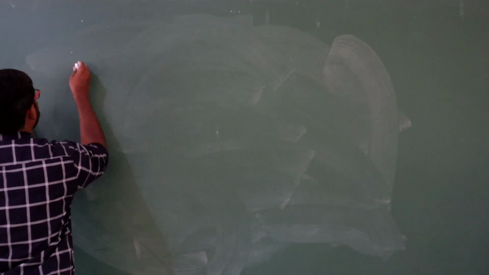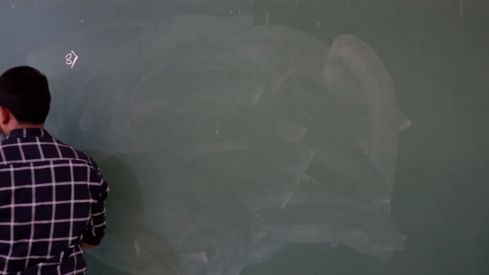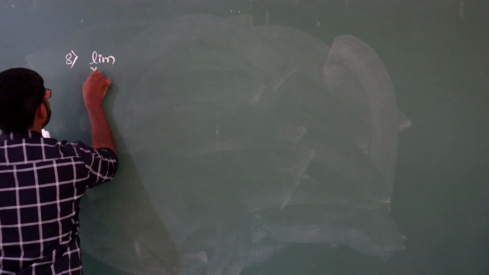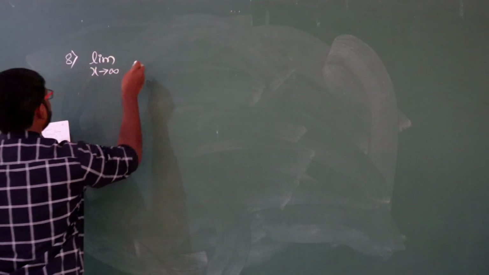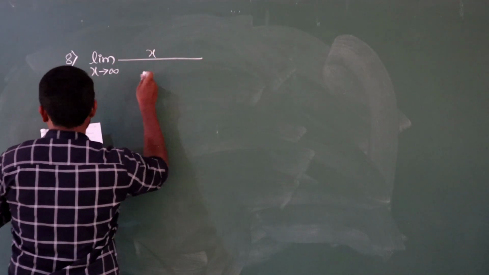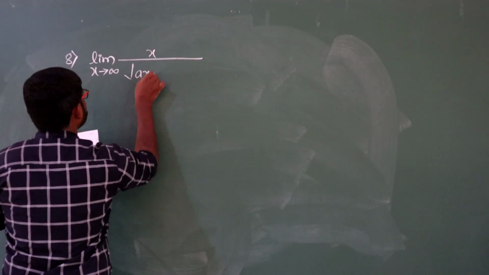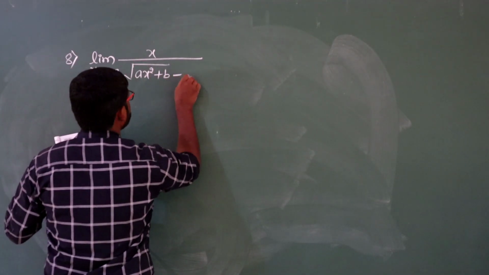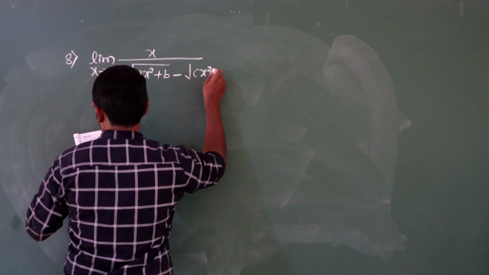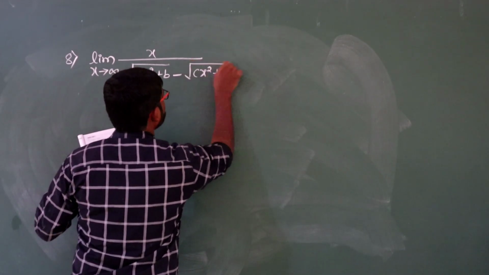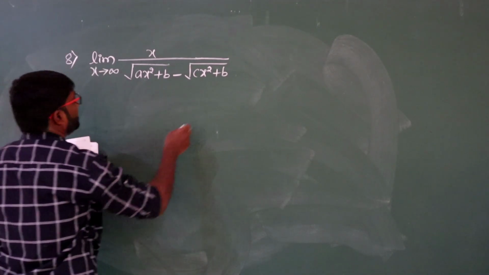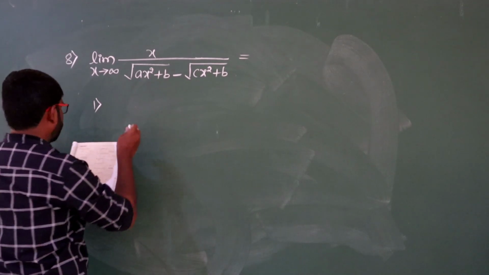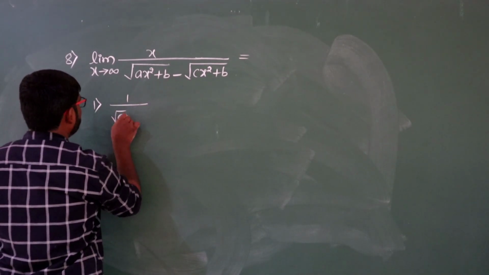Well, question number 8. Limit x tends to infinity, x divided by square root of ax square plus b, then minus square root of cx square plus b, which is equal to, and the four options are: option A it is 1 divided by root a plus root